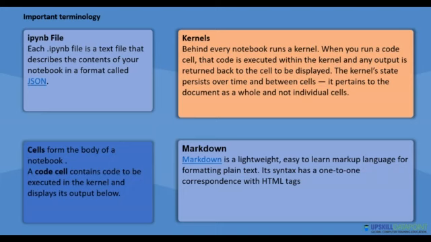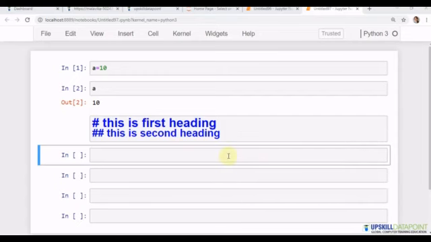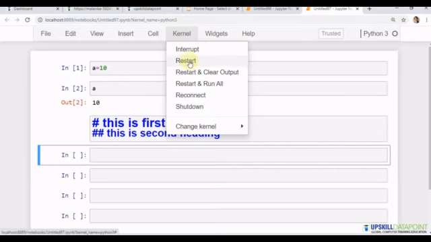You can compare it like a session. So kernel can be compared as a document as a whole and not as an individual cell. So till that document is open or is working, the state of the cells will be maintained. So that's the difference between a kernel and a cell. We can see here, all these cells, whatever we are working on, is maintained in this kernel. So this kernel we can restart, or we can interrupt the kernel or we can shut down or reconnect the kernel. If we change the kernel, it means we are going to a new document.